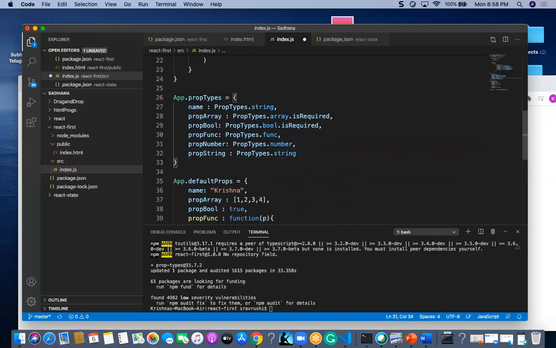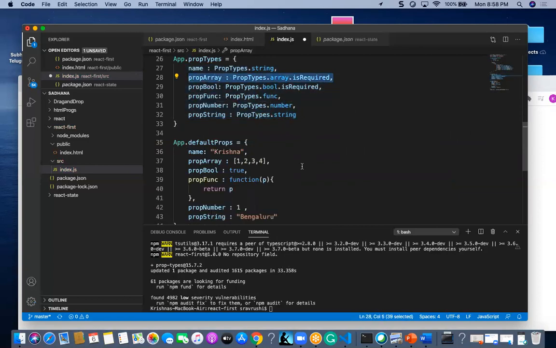So this is how we have to make validations for our properties. We can give isRequired for making it mandatory, so they should be available.